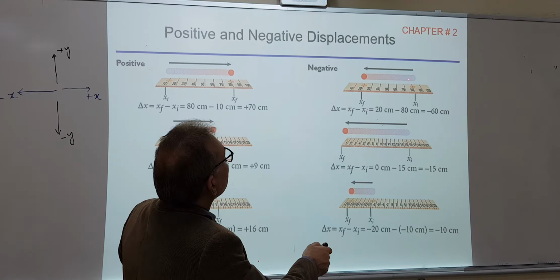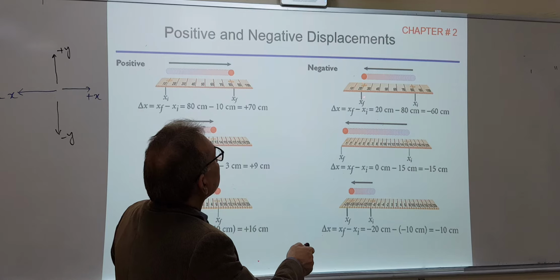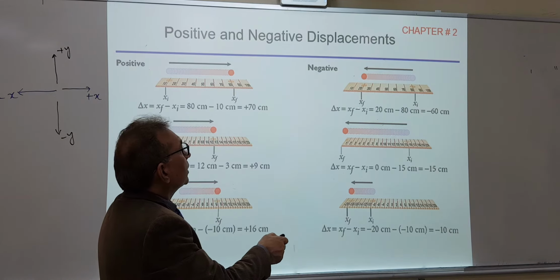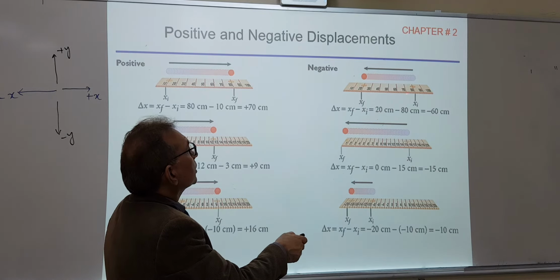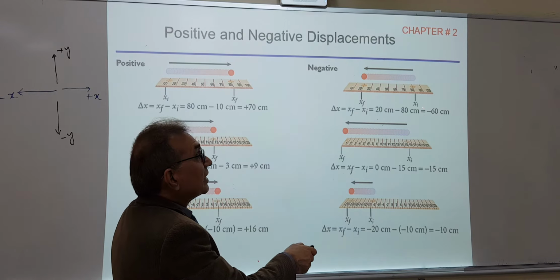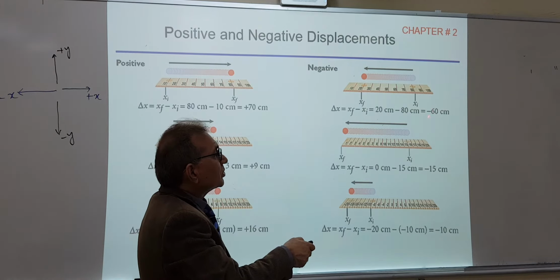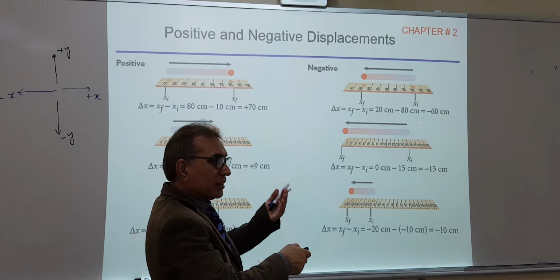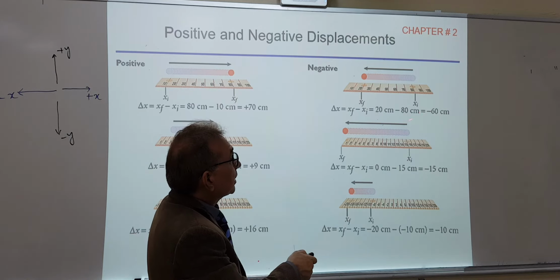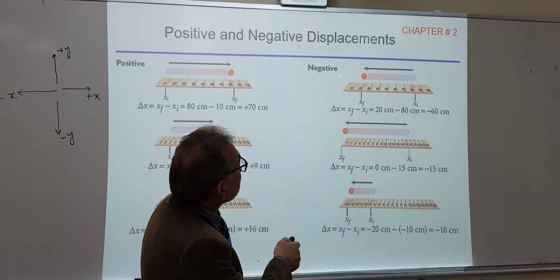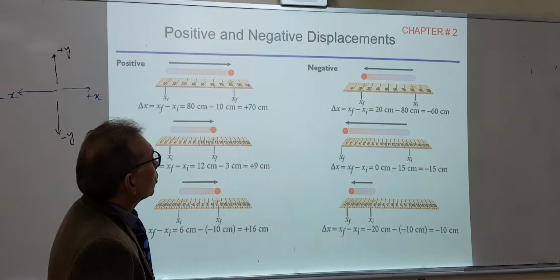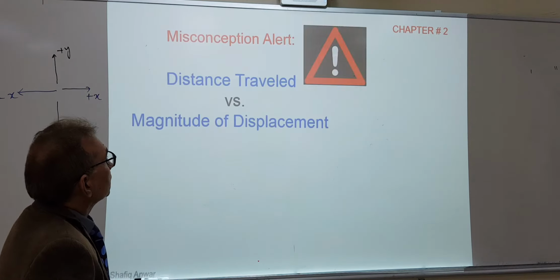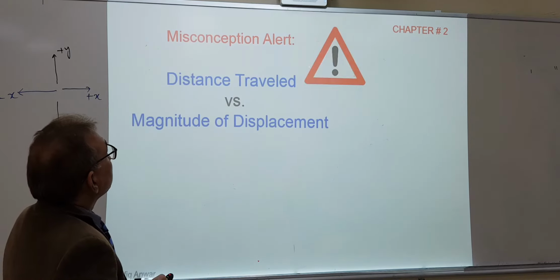This side, for example, you start your motion from this point 80. 80 is the initial, and you reach the final, which is 20. So final minus initial always. So final is 20 minus initial is 80. So you get minus 60. Minus 60 centimeter is the magnitude, the value of the displacement, and the negative sign shows that it is along the negative x direction. So all these will become negative. Keep in mind that